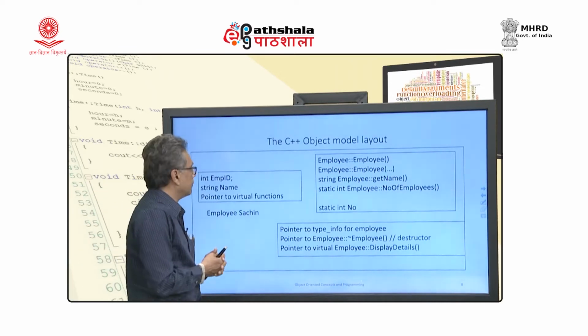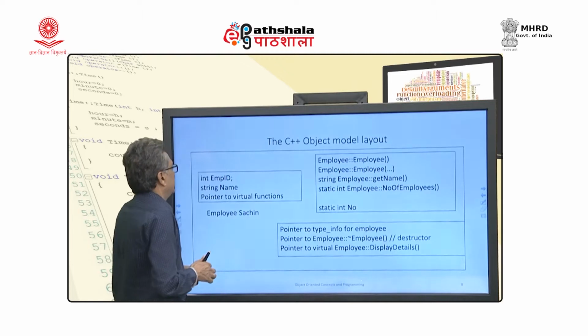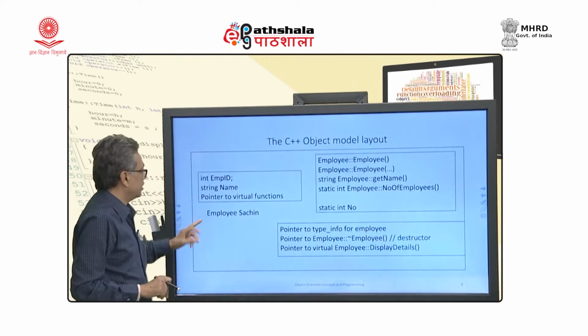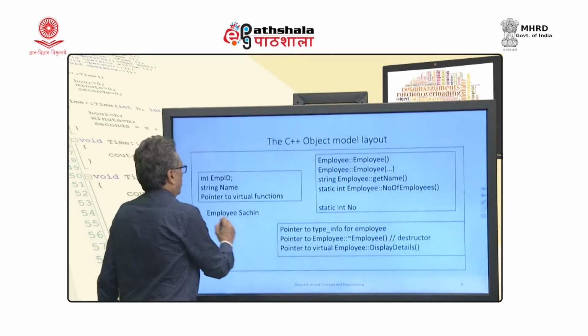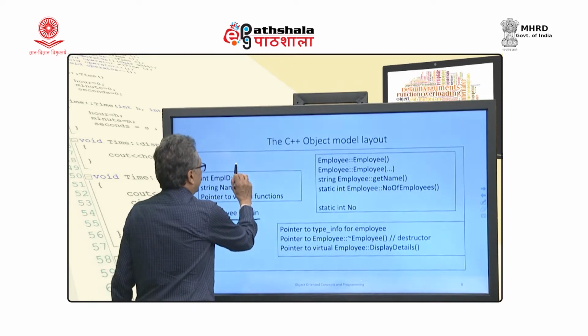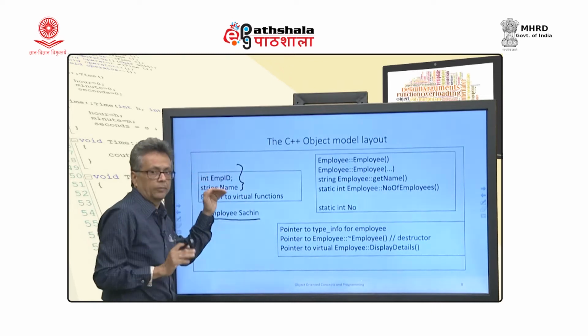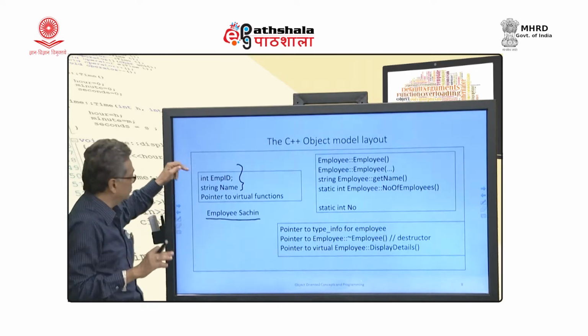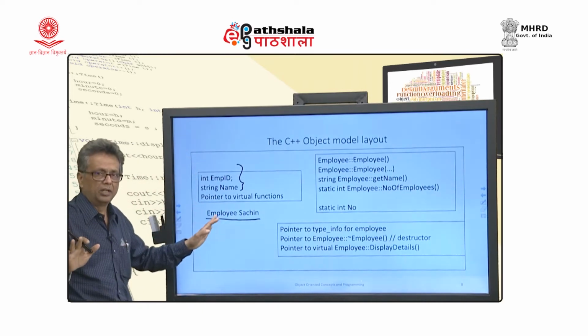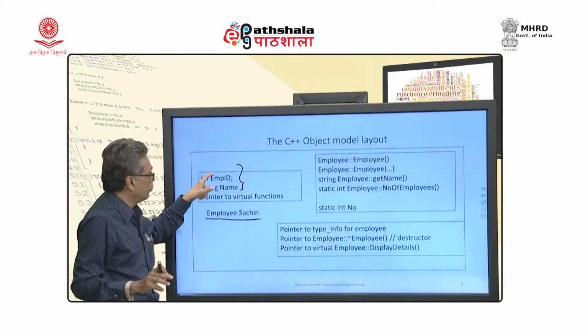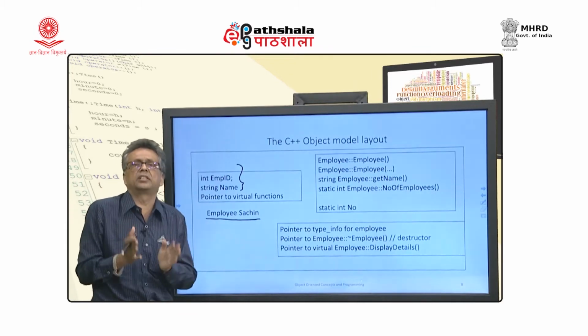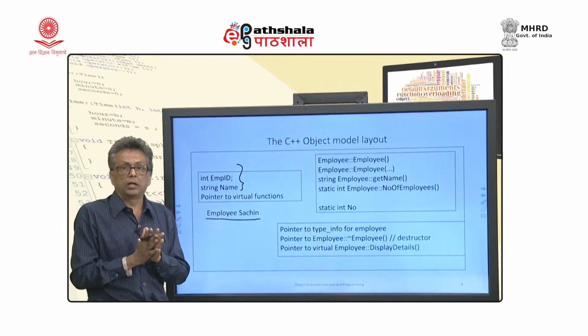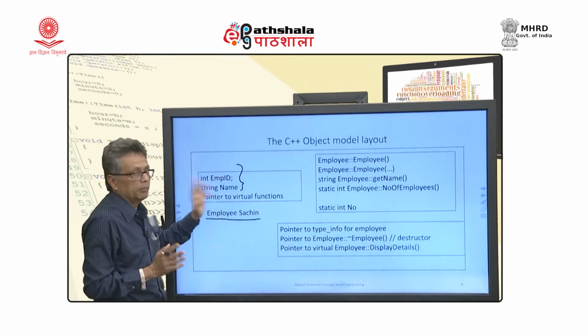Okay. So, now looking at both of this, now let us look at what C++ object model offered by most of the compilers that are in use today. Okay. What we have is employee Sachin having only data. Data is stored directly in the object. Now, there is no pointer like the previous case. We are storing it here. There is no indirection. Now, accessing both of these elements is exactly like C function calling, C struct. Okay. I am accessing the elements directly.